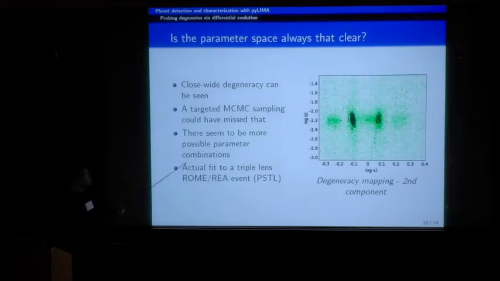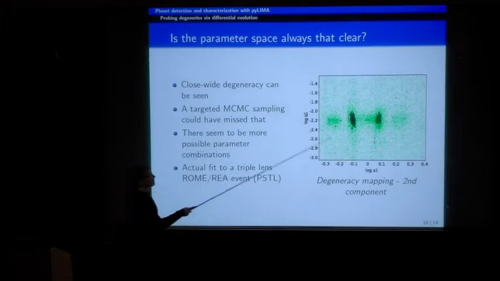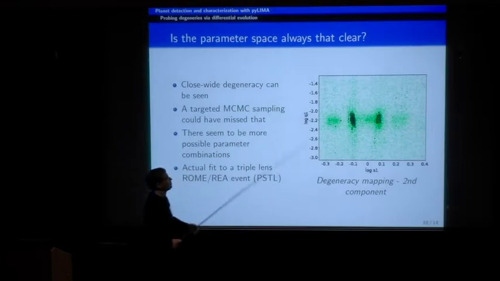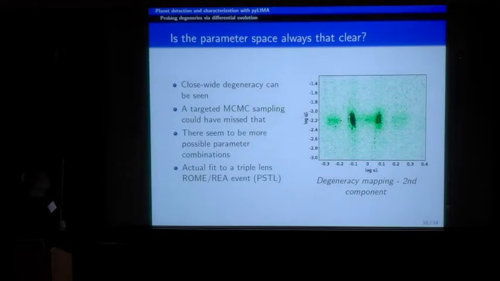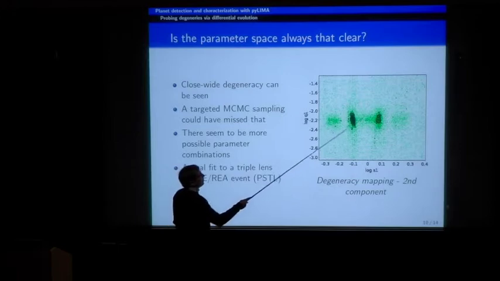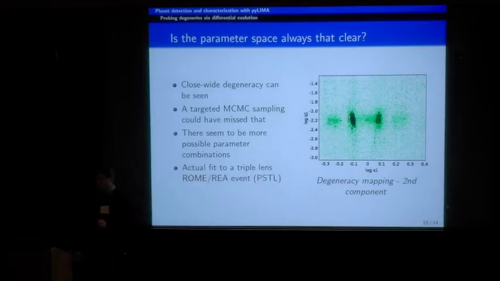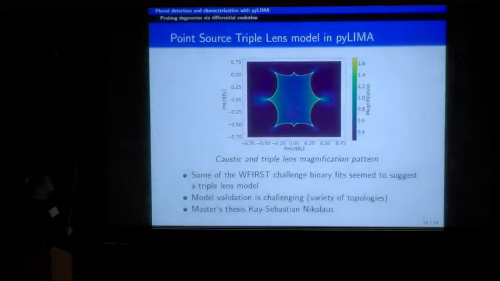But the final part of my talk should be dedicated to triple lens models. And this is another case where you're having a degenerate mapping. The DE population is plotted here in log S1 and Q1, just for illustrative purposes. And you can see that you get multiple solutions and probe the degeneracy space of a triple lens model. And while we are preparing and waiting for VBBinaryLensing, which will continue these, we were a little bit impatient.